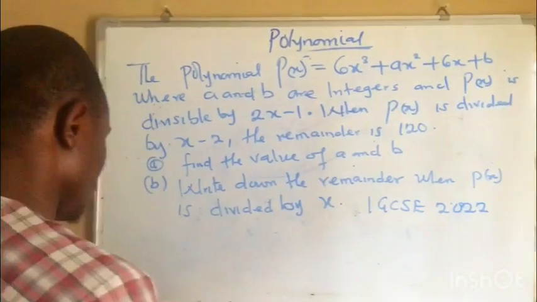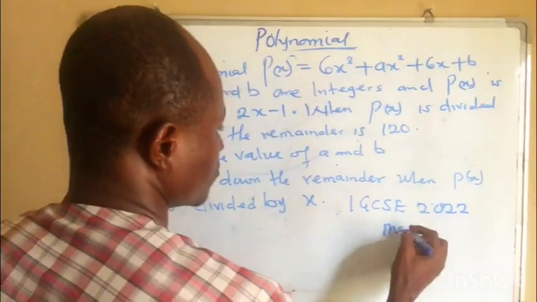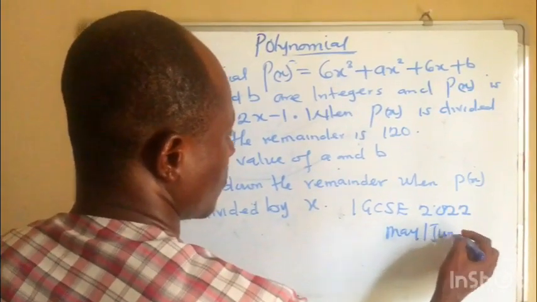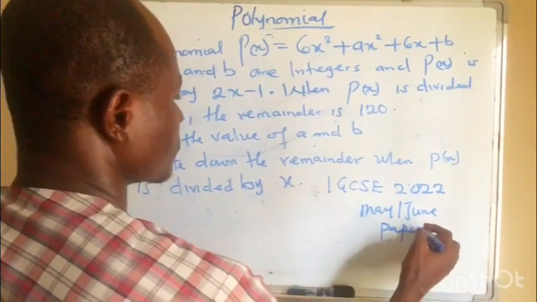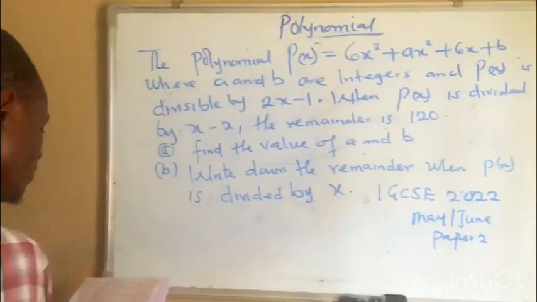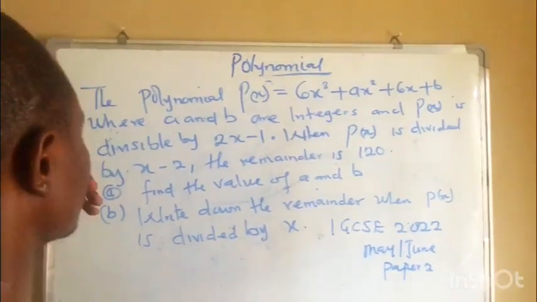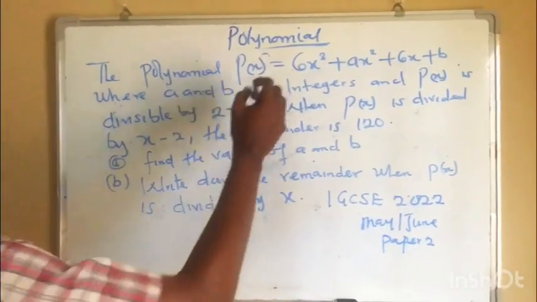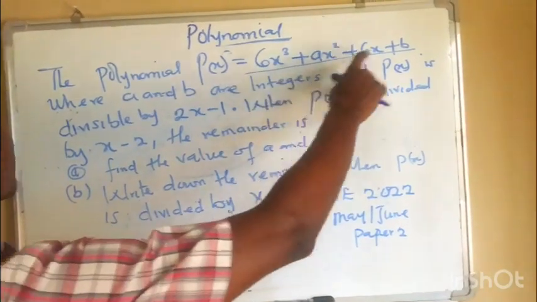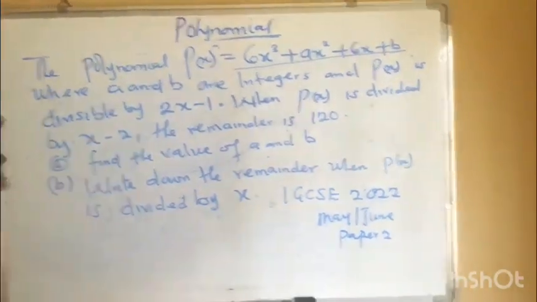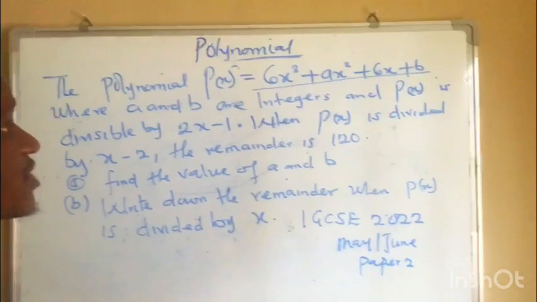It's IGCSE 2022, May/June, paper 2. Now look at this question. We are given a polynomial with constants a and b, where a and b are integers, and that polynomial is divisible